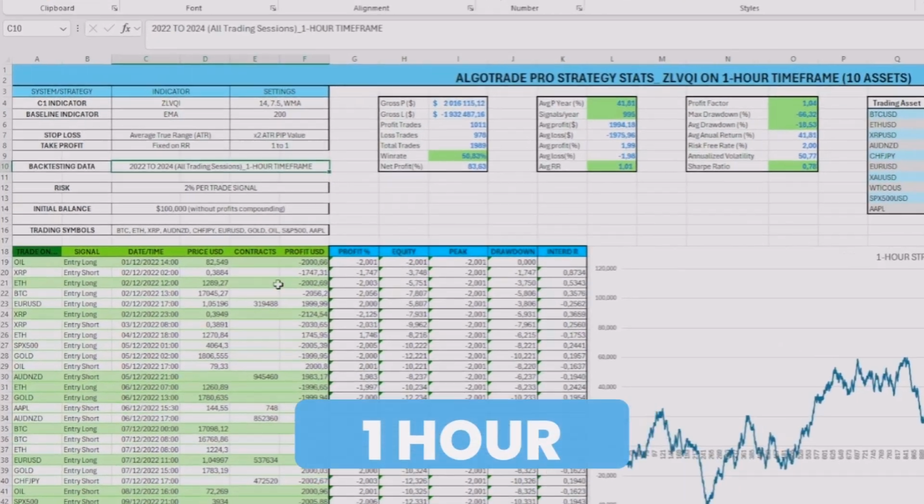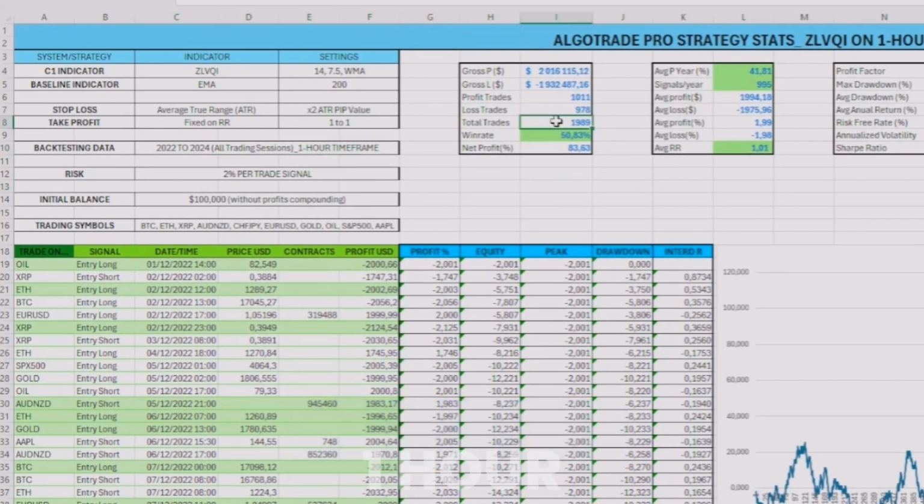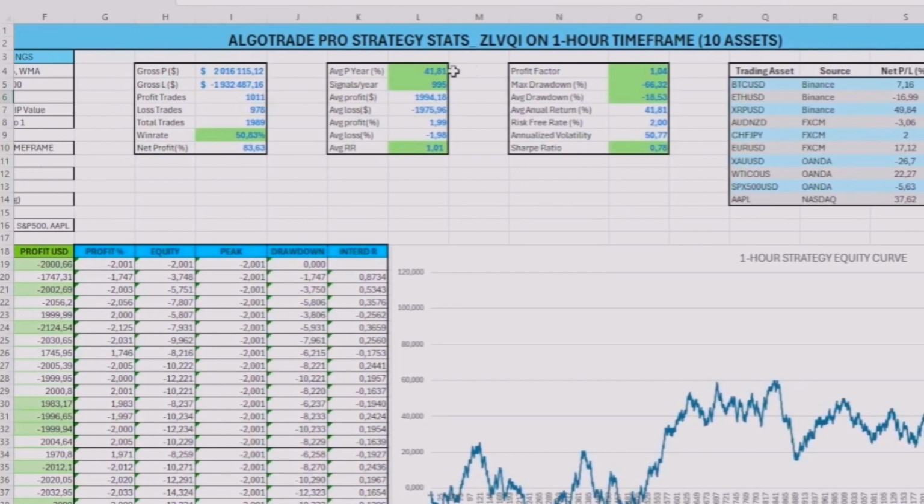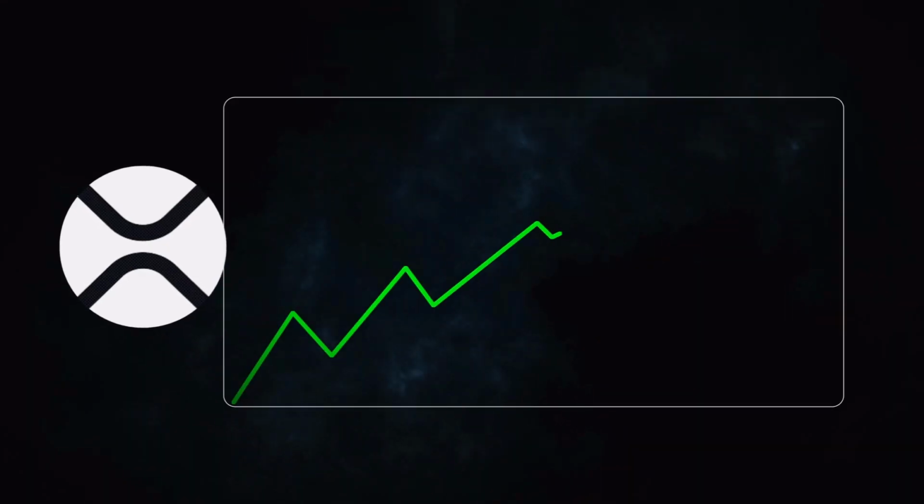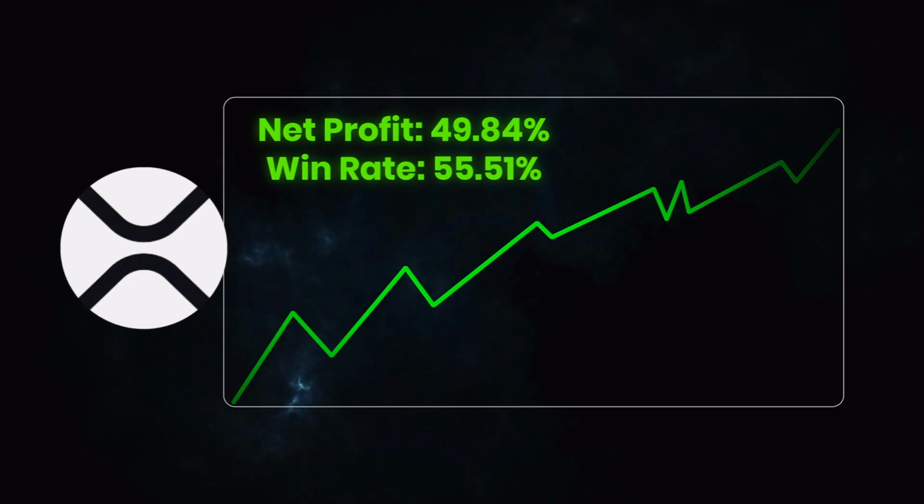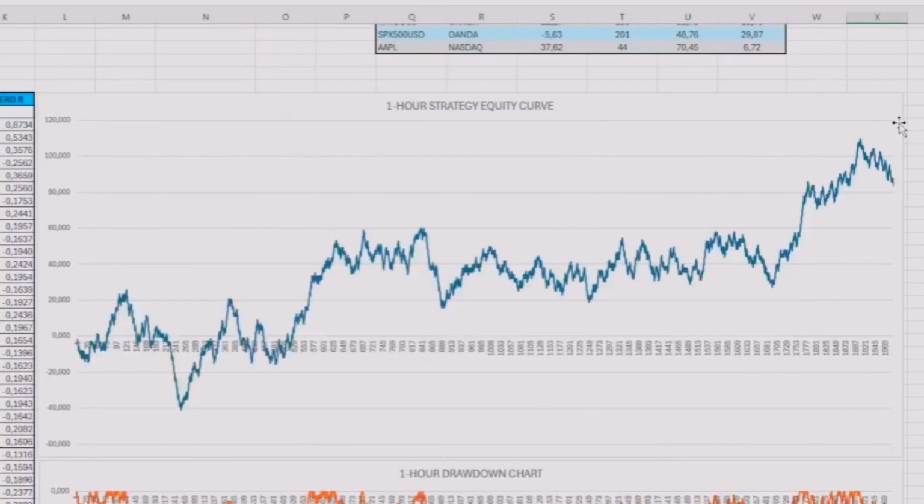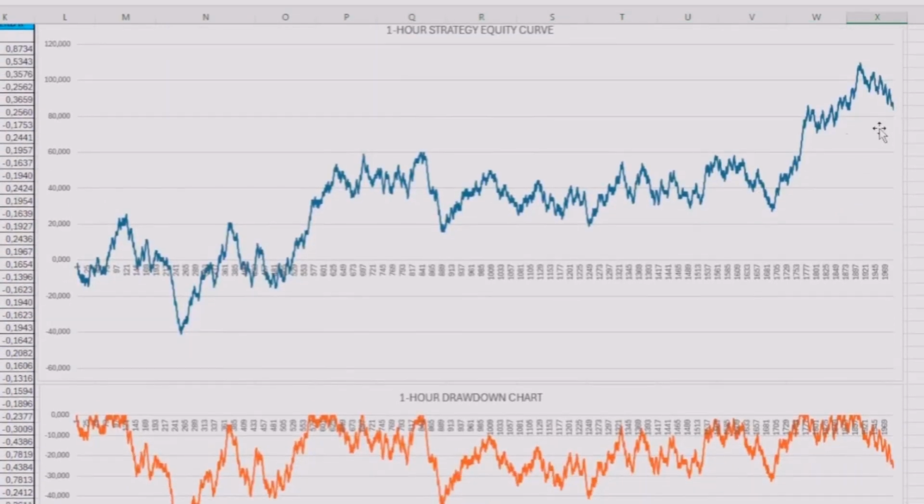Next, in the 1-hour time frame, after almost 2,000 trades, the results were a little better, because the indicator achieved a win rate of 50.83% and a net profit of 83%. Here you can find other important metrics, the results of every asset where the XRP was the most profitable one, and below you can find the equity chart, which, despite being profitable, wasn't efficient due to its big initial drawdown